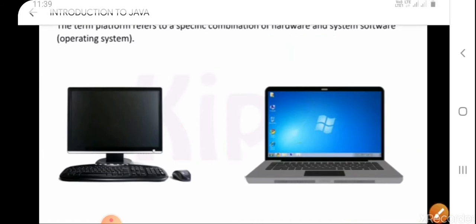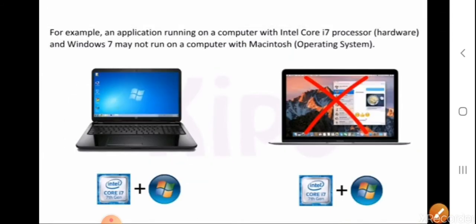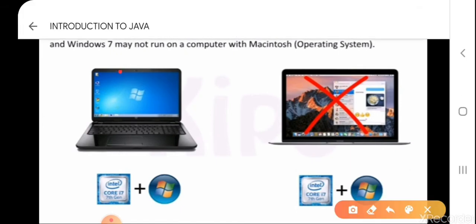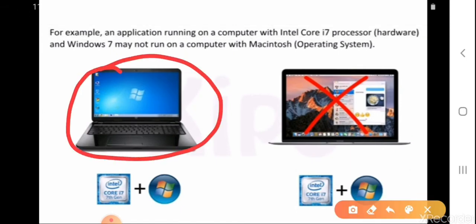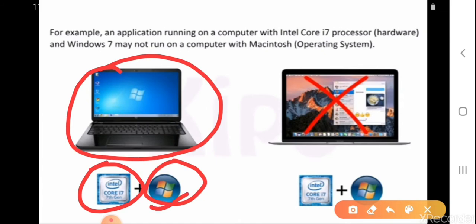For example, this is a Windows computer. This is a computer which has a Windows based operating system. Suppose it contains Intel's Core i7 processor, which is the hardware, and the Windows 7 operating system. So this is a combination of Intel processor and Windows operating system.